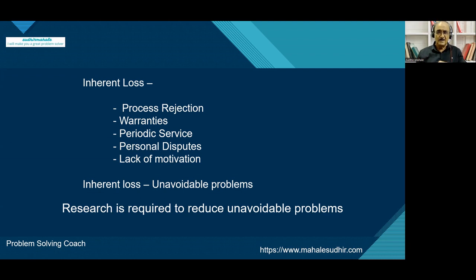Say we hire a person at a higher level from one company, and he is given some area at the top level, and after a year or so, we hire his assistant as his boss. So there will be a personal dispute. That type of problem comes up